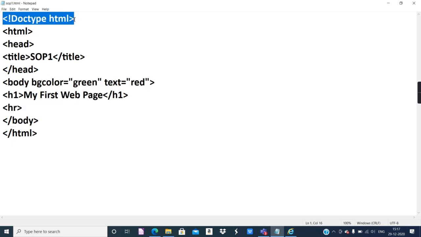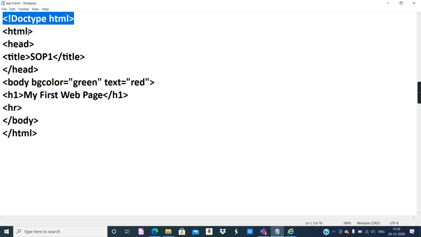But then you will say, then what is this doctype HTML? Is it a container tag or an empty tag? It is an empty tag, because it does not have any specific closing. But usage of doctype HTML means you will use everything related to the latest version of HTML, that is HTML5. If you skip this doctype HTML, that means you may use the older version of HTML and things applicable to the older version.